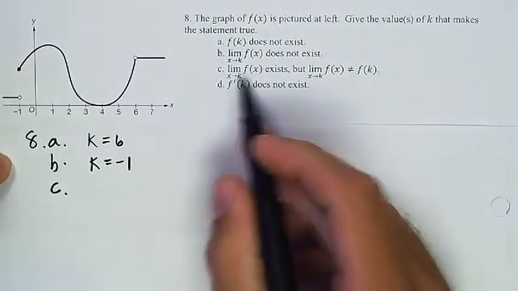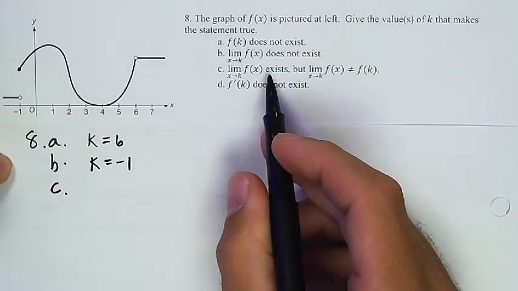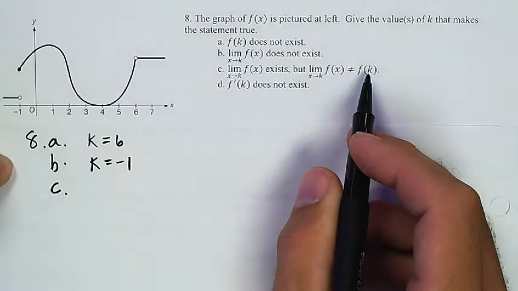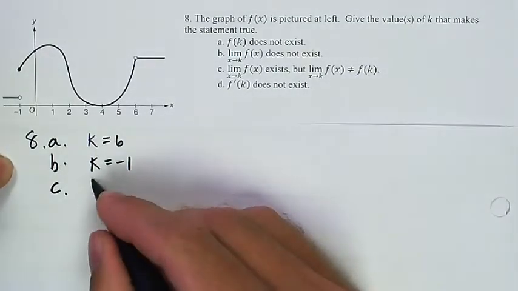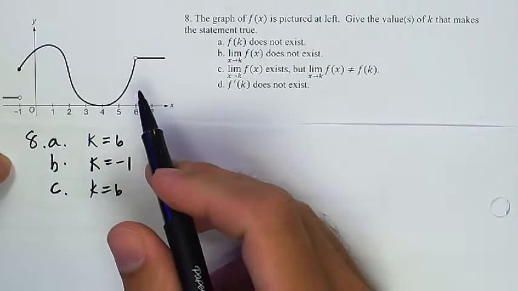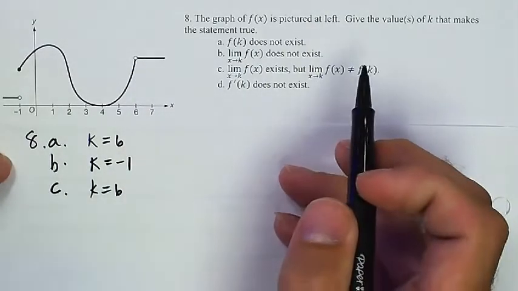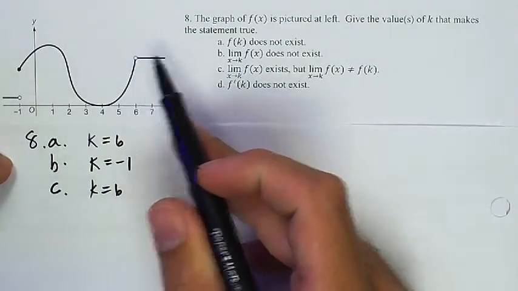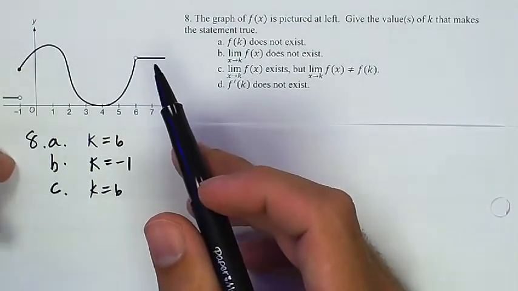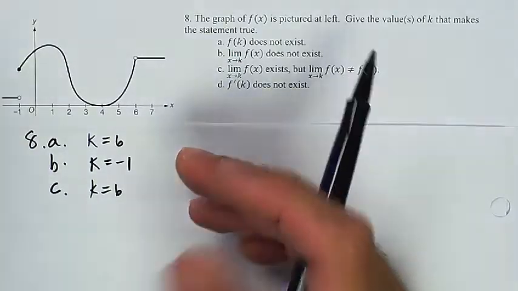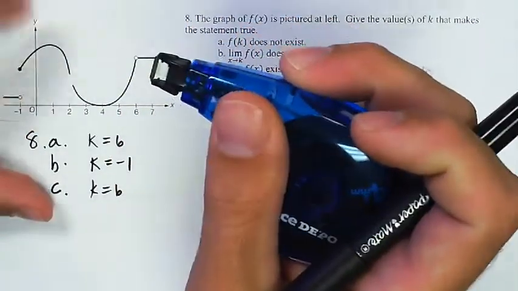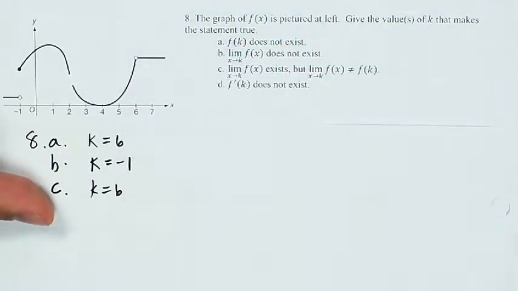For c, the limit exists but is not equal to the value of the function. Okay, that would be, I guess that's going to be 6, because f of k is not defined where k equals 6, so it can't be equal to something that's undefined, especially if your limit is existing. I guess a better one would be, let's just say I wanted 2 to be the answer to that. If I had a little hole there, and then I filled it in up here, that would be,